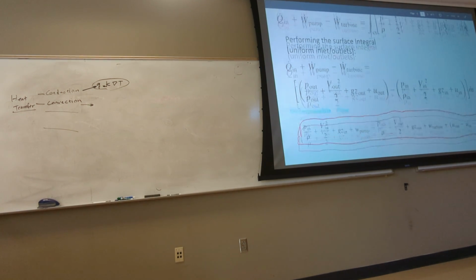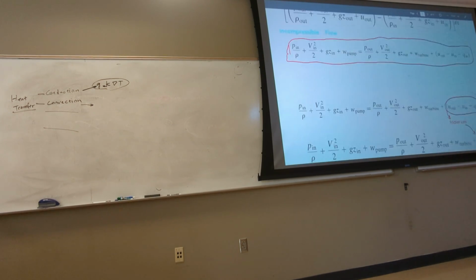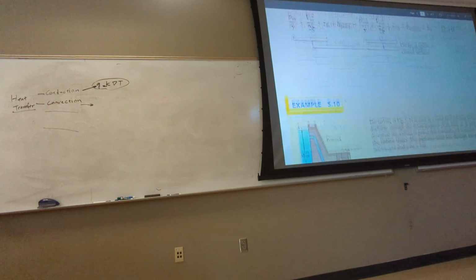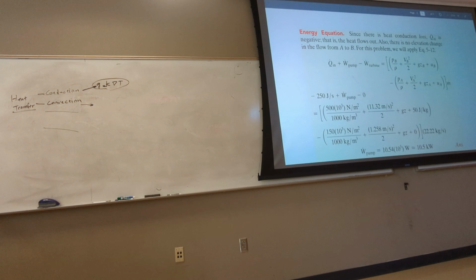Now, in this case, you don't use this equation, you see, because they don't ask you about head in meters. They ask you about joules per second. So you use this equation. Do you see that? So this is the equation you use. And then you substitute values here. This is the rate of the heat transfer, negative 250 joules per second.